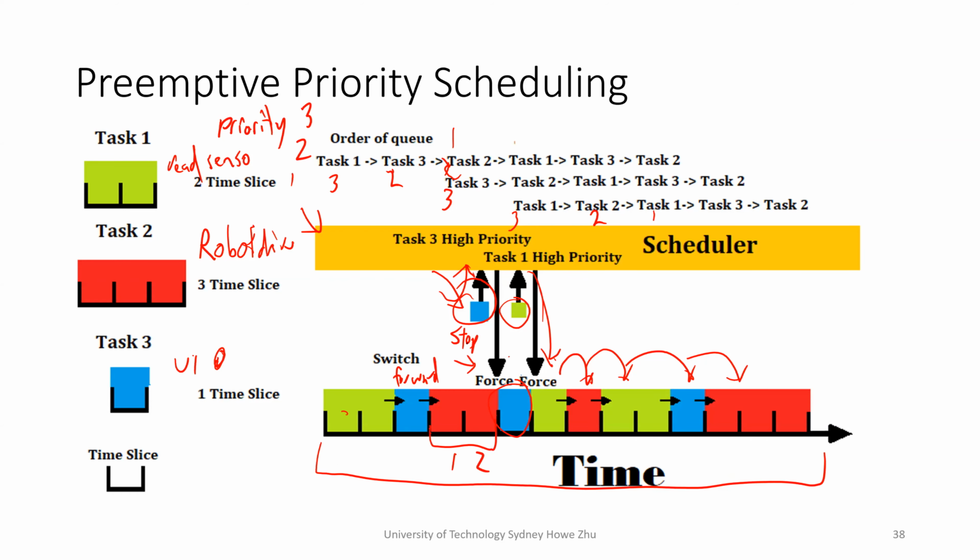Let's say this is the left command. So the system can either, in a cooperative system, the robot would finish driving forward before it makes a left turn. The problem is, let's say in front of the robot is a wall. Then if the user presses left, you want the robot to stop immediately. So that's where this priority system comes in, where it suddenly interrupts the robot's driving and then changes